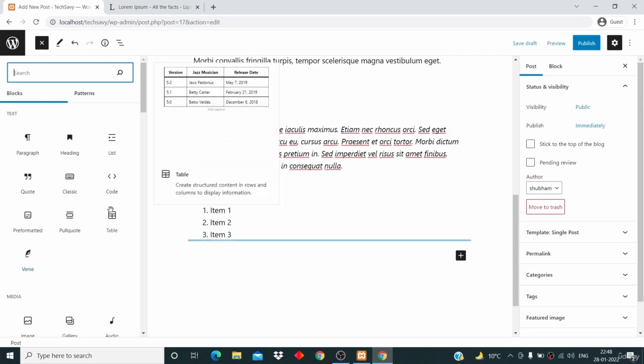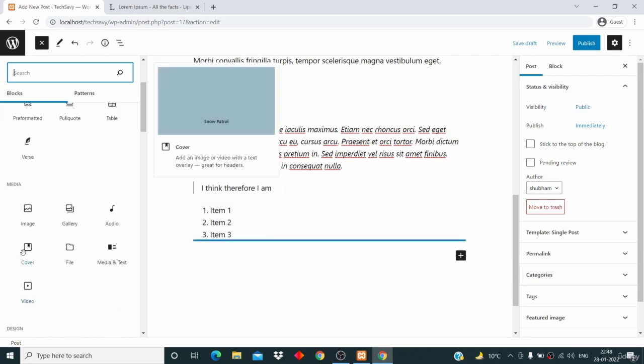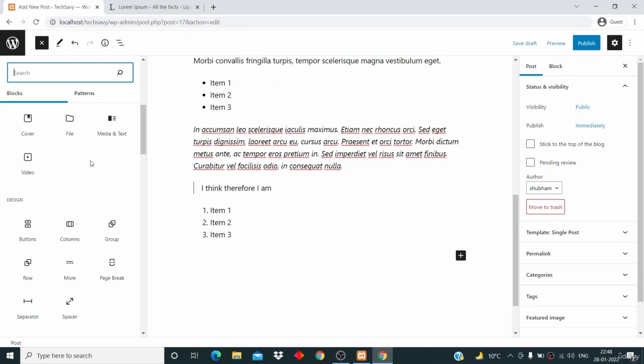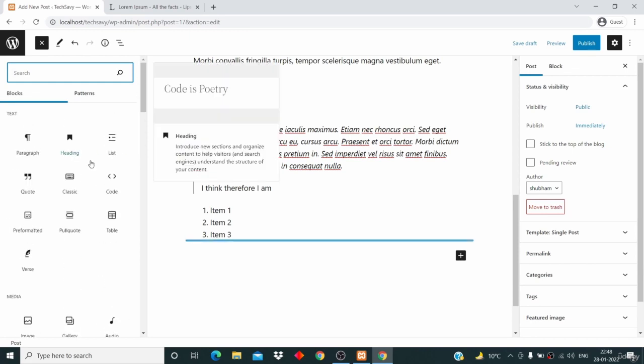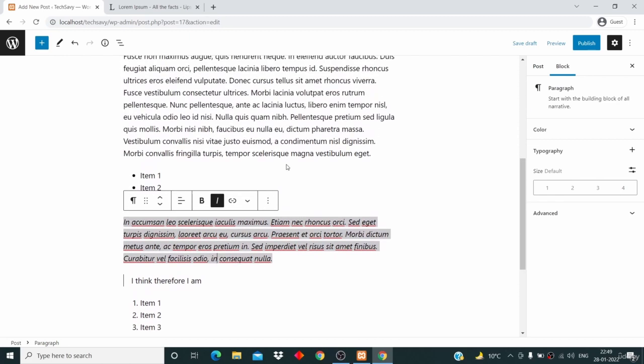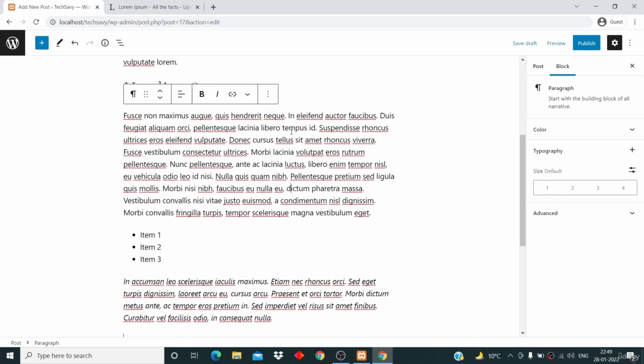You can add a verse, a table, a cover, a file, a video, an audio. You can do a lot of stuff with WordPress. But in this video I'm not going to cover all of them because the video will become very long and I don't want that. This particular video is about post, it's not about the block editor. But if you want to learn about all the options in the WordPress block editor, then do let me know in the discussion section below, because all the block items that I've shown you are the items which you will be using